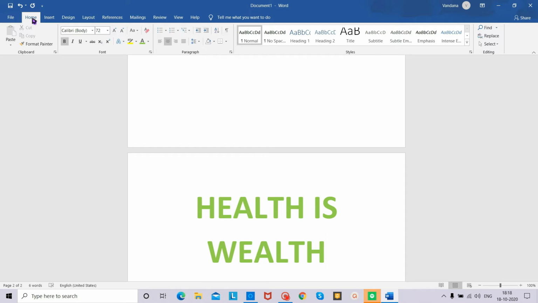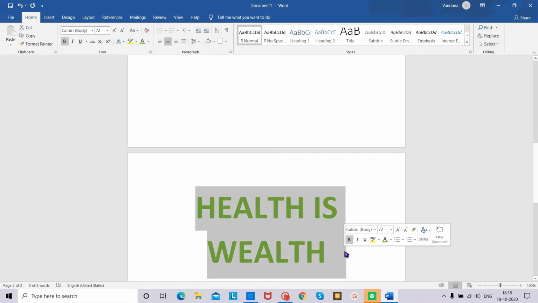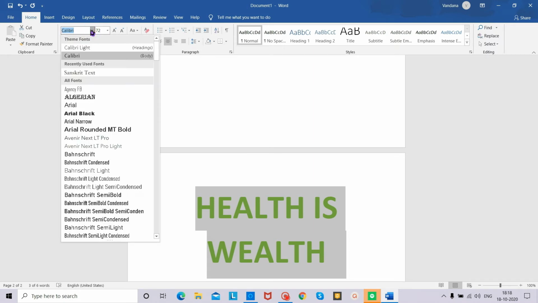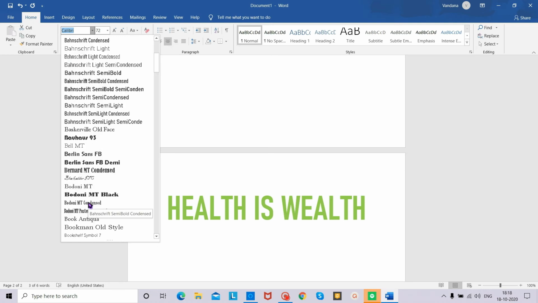A list of various font styles will be displayed. First of all, we need to select the text, and then we have to go to the font face. Different types of fonts are there. This drop down box is there. You can choose the font style according to your choice.